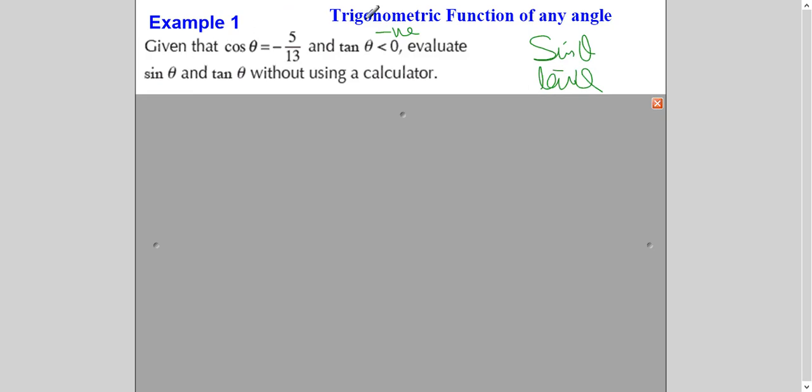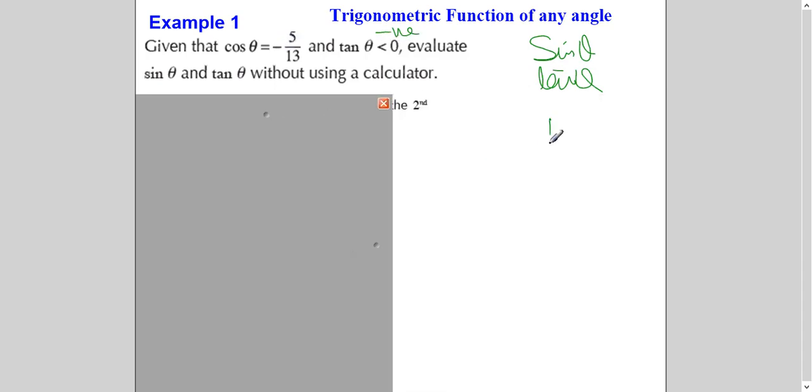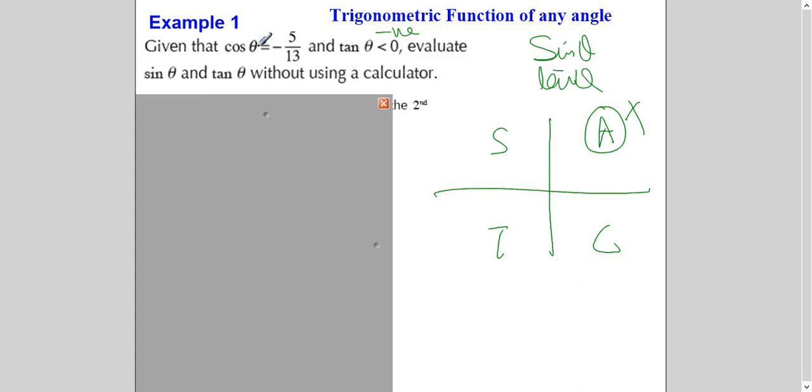With the help of the given hint, you will identify the quadrant. Which quadrant has cos value negative and tan value negative? Any idea? If I draw ASTC here, all are positive, so this quadrant is out. I want cos negative and tan negative. Cos is plus here, tan is plus here. It means these quadrants are out. Both are negative in this quadrant. It means my quadrant is the second quadrant. So with the help of the given hint, you will identify the quadrant. I got it without doing anything, just because of my basic knowledge.